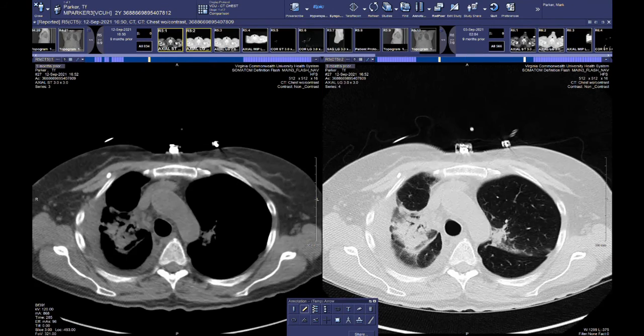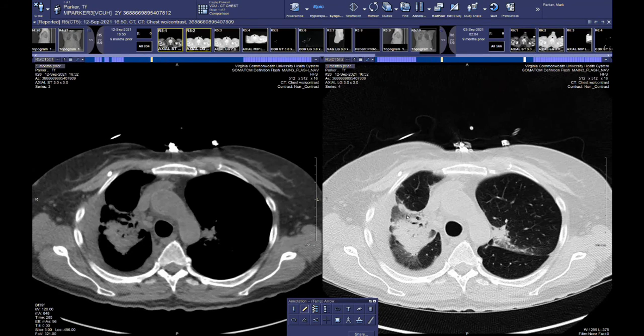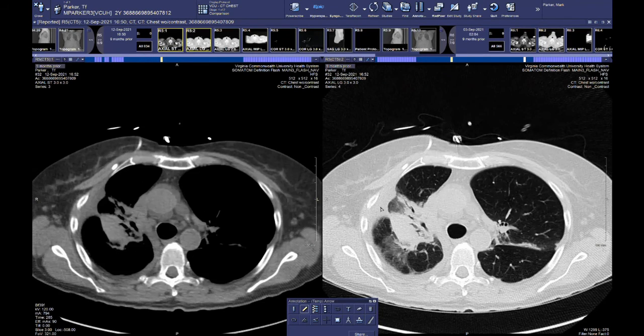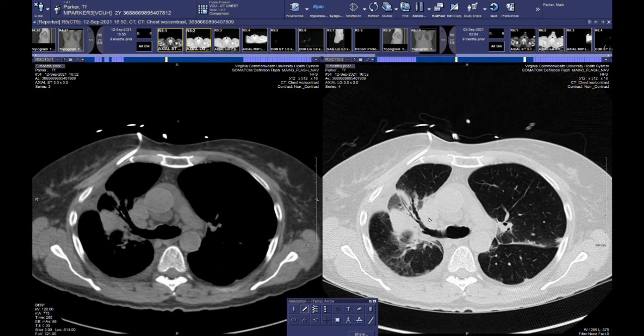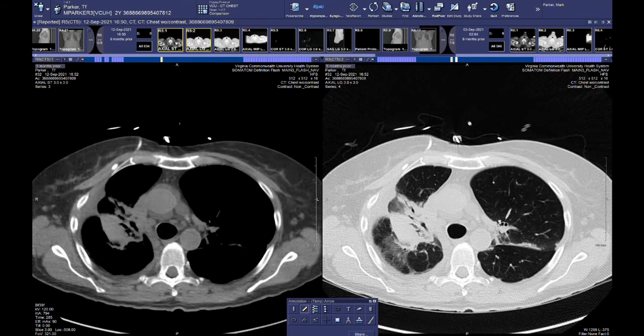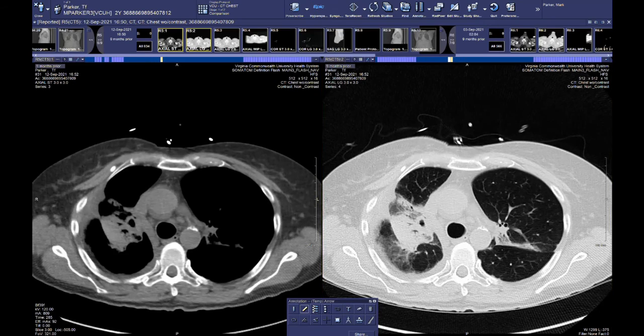If we look over again at the lung windows on the right-hand side of the screen, we see progressive mass-like consolidation in the right upper lobe, but progressive traction bronchiectasis, surrounding desmoplasia. These are all features that we expect to see with an organized pneumonia with fibrosis, as was discussed. You can see also the traction bronchiectasis and varicoid bronchiectasis. The apical posterior segment left upper lobe disease has improved.